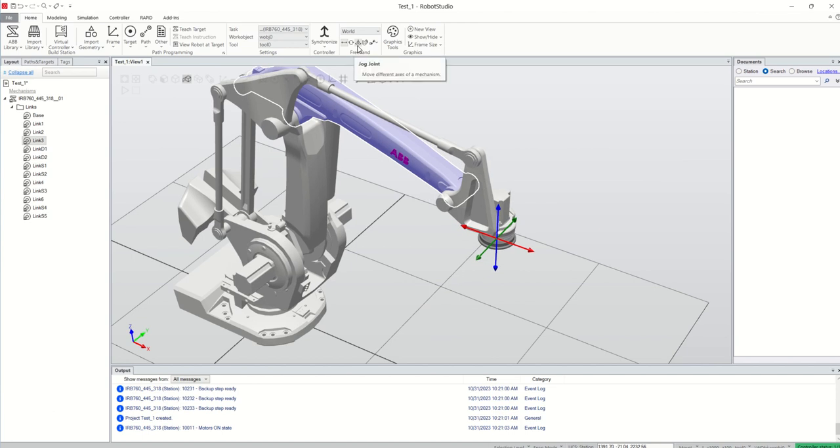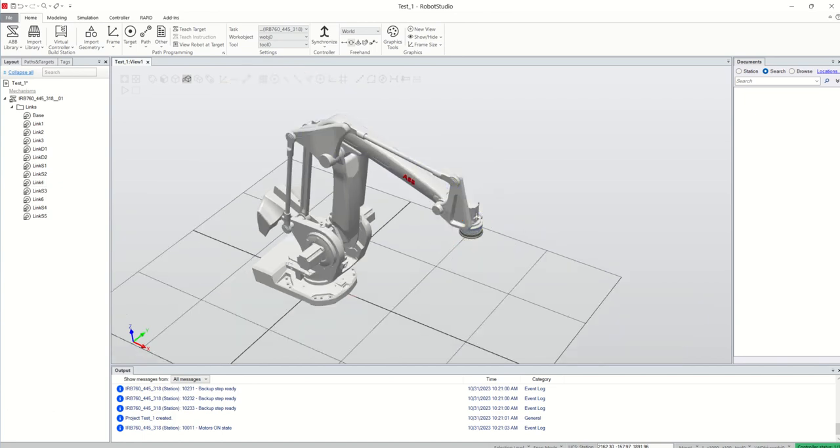And if you do jog joint, this one, ideally it should also allow you to move this one. I'm not sure why, but anyway. So now maybe the first question is about